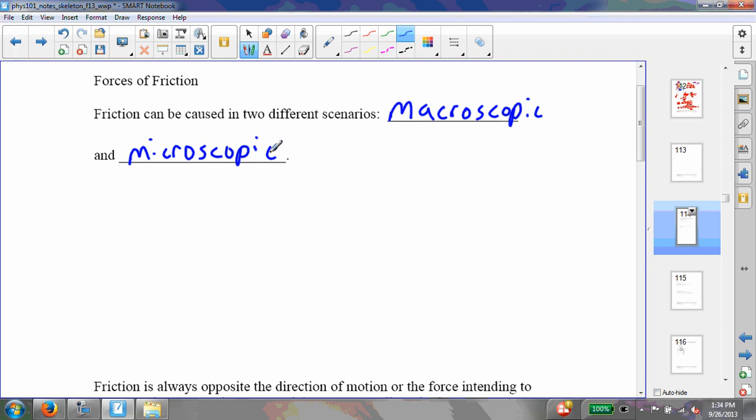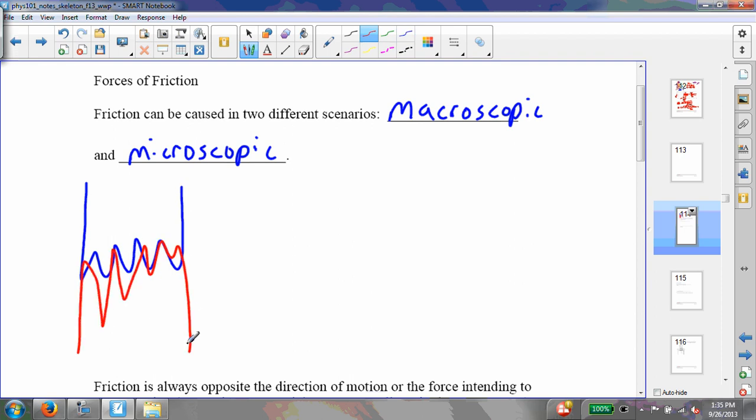Now, first imagine that we have two surfaces. They're jagged surfaces. They come together, and these teeth sort of catch on one another as they're trying to move in their opposing directions. They both feel a force that's opposing their motion. All right, and that's that frictional force, and it's due to the macroscopic causes, these just sort of jagged edges